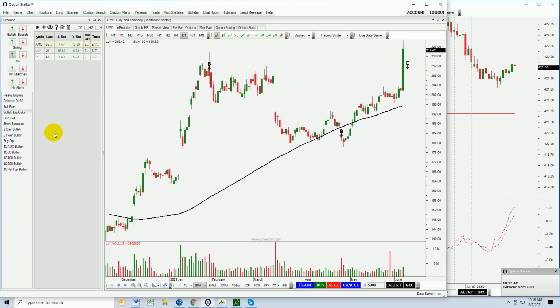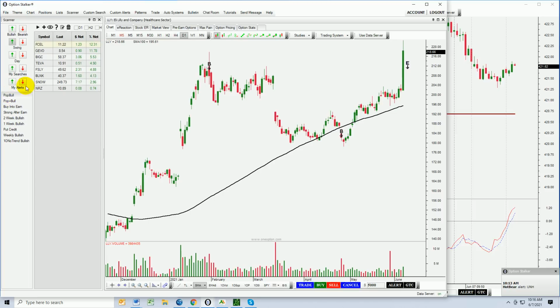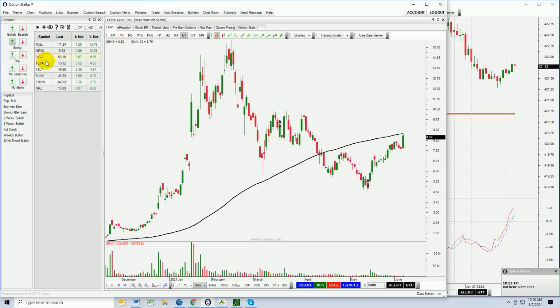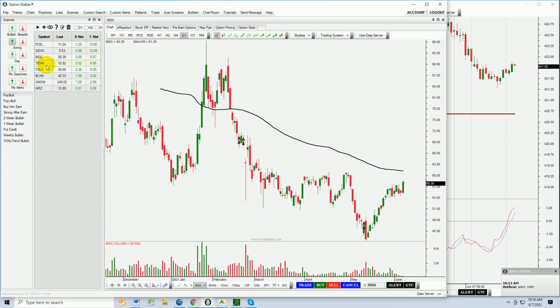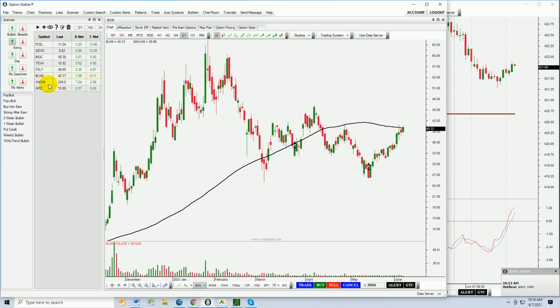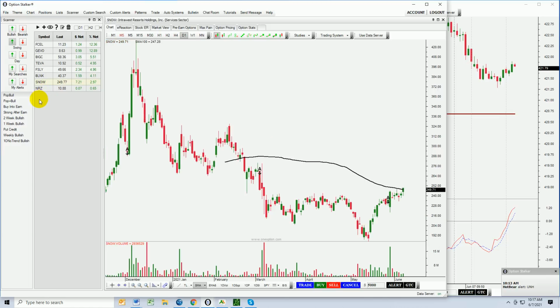I know we've got a lot of stocks that are popping up right now, and we'll go into our swing trading. We'll take a look at Pop Bull and we'll see what we've got coming up there. I am looking for a stock that has been able to move through major moving averages with ease or through horizontal resistance on big volume. So that's all I'm flipping for right now. And I'm looking. I kind of like this right here,